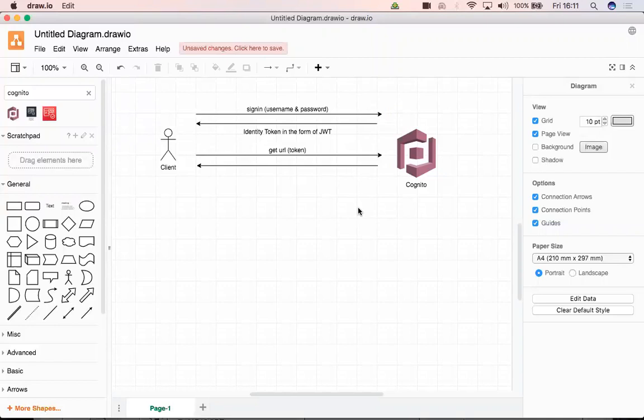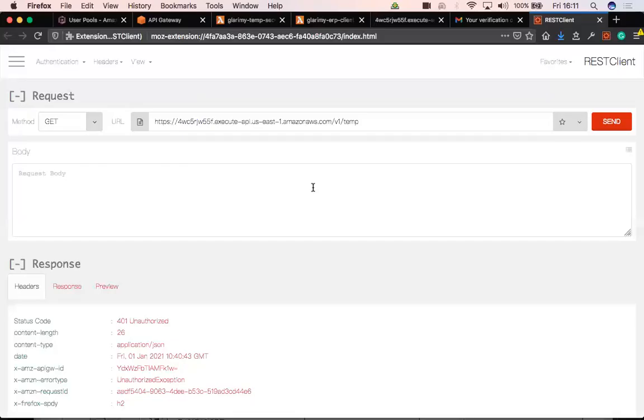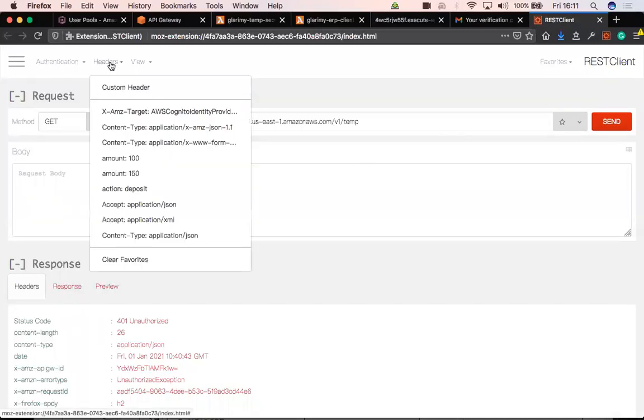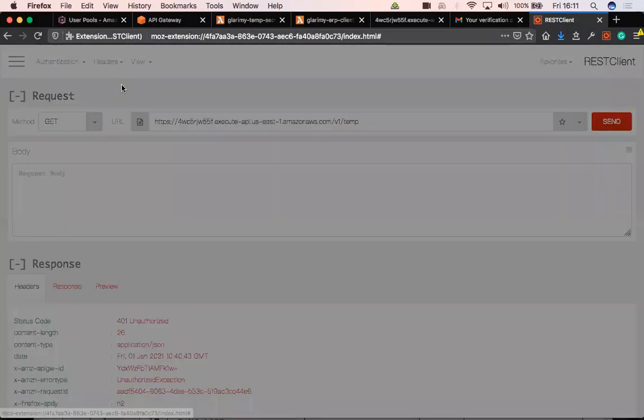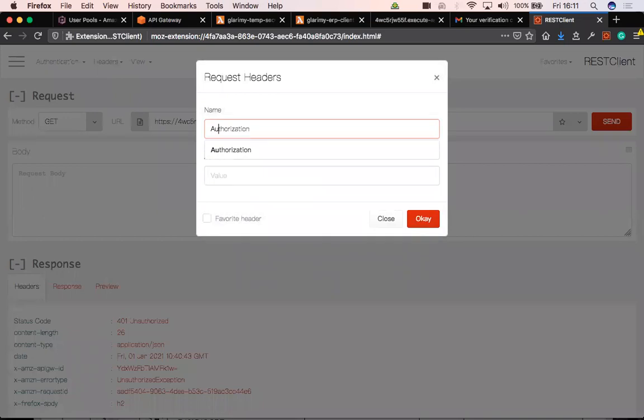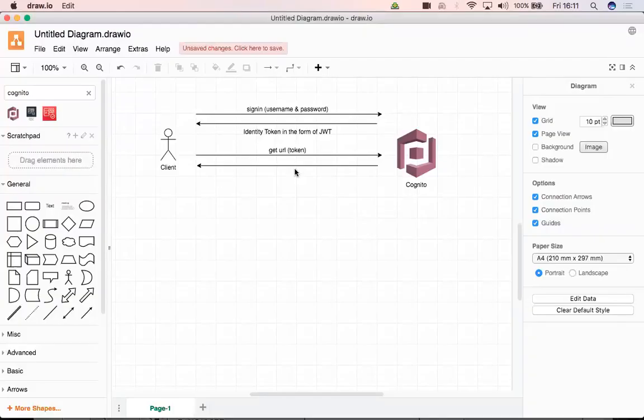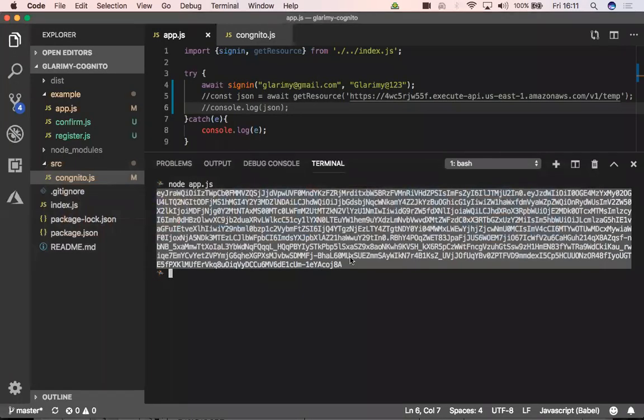Yes, got it. Okay, so currently we are not sending the token. Now let us send the token. How do I send it? We need to set a header called authorization header. So let me set up a header called authorization. In the authorization header, I need to say, I think, bearer. If it is JWT, it should be bearer token. And I need to copy and paste this token.